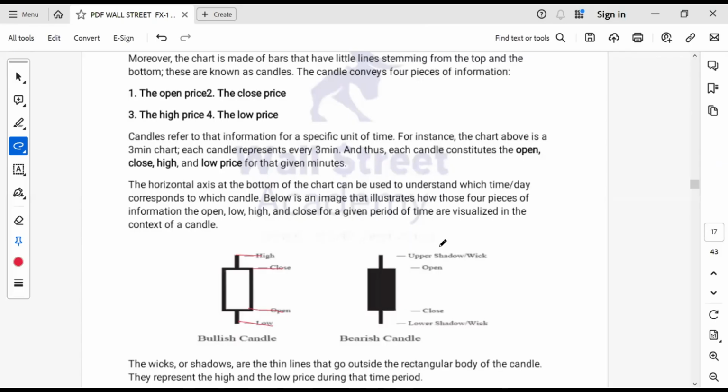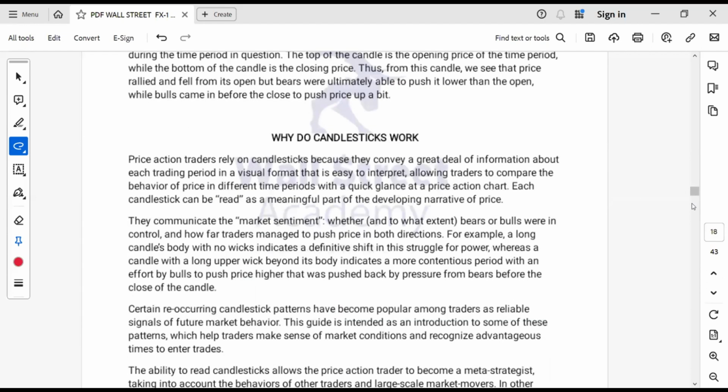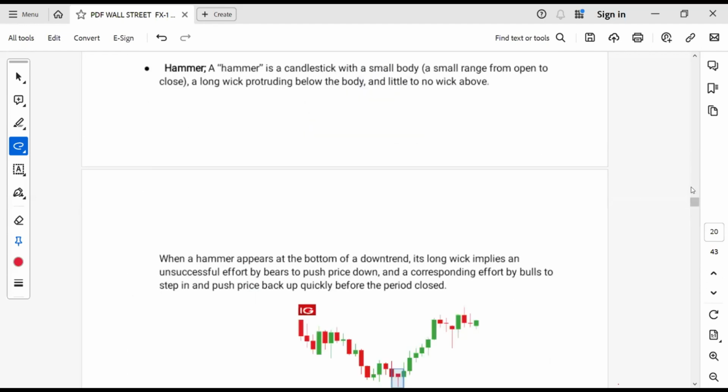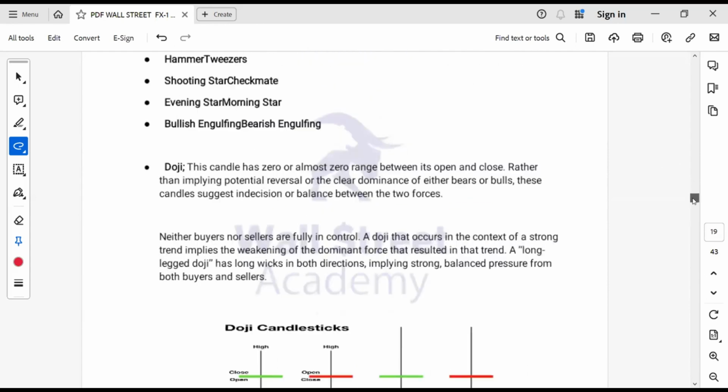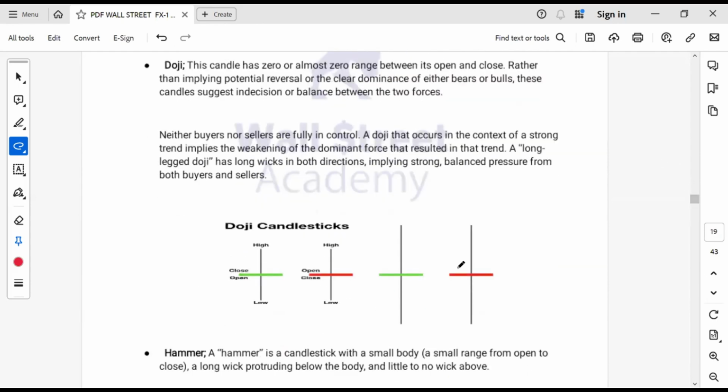Now, what we have here, you see that the first candle to analyze here happens to be something like this, right? A candle that got to this level, dropped again, and maybe gave us something small like this. Now, if you're asked to tell the story or the psychology behind this candle, this simply means